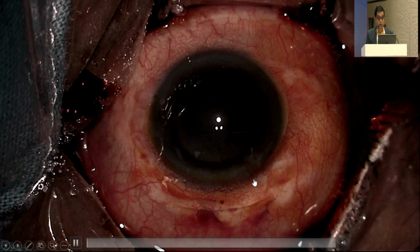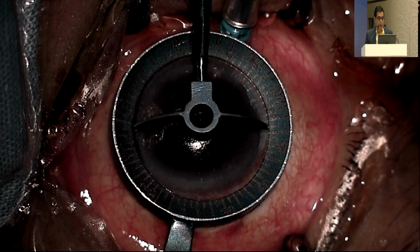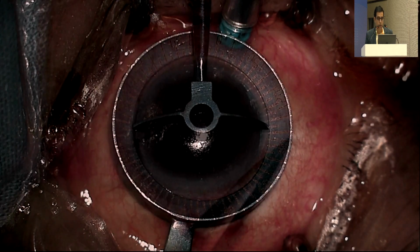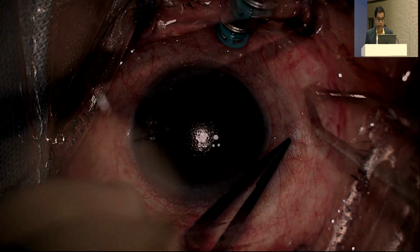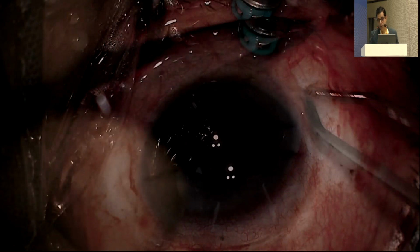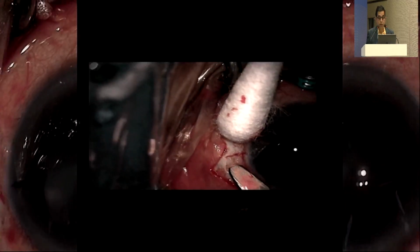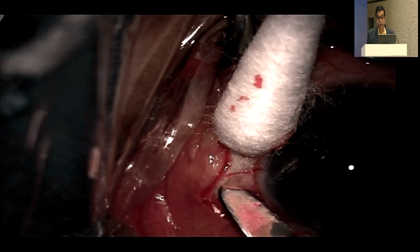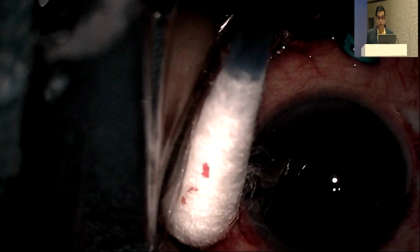So this is the video. So basically that's the tunnel that I'm showing, and this surgery was started off with marking of the 180 degree meridian, and the peritomy was done, and so this is the peritomy done, and next of course is the making of the flap. So that was being made, and once the flap was done,